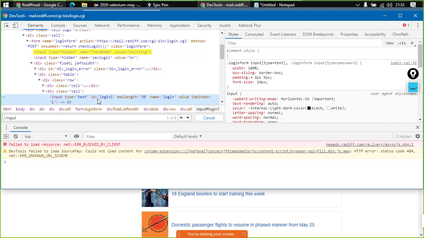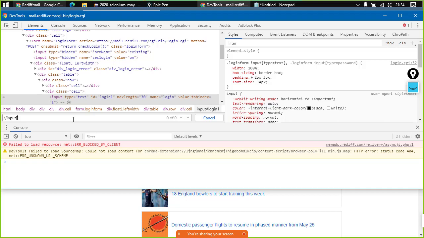So there are some attributes: type equals to text, ID equals to login1, max length equals to 30, name equals to login, right? Value is nothing, tab index equals to 1. So we can decide which attribute we would want to use, right? So out of these, I would like to make use of an attribute that is name, right? So to specify locating information, we need to specify square brackets.